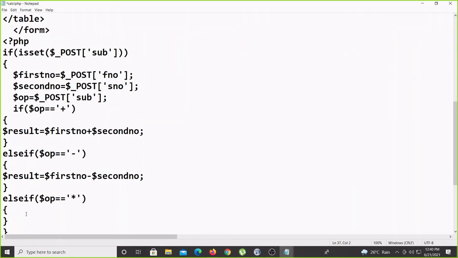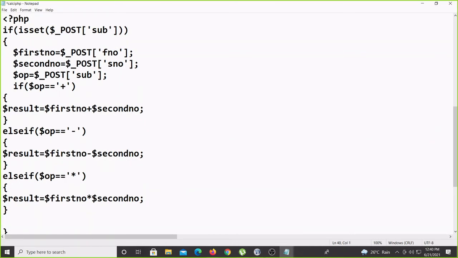So here again, $result equal to $first number, multiplication operator, then $second number. This is the third one. Like that, the fourth one, else if $op equal to divide.